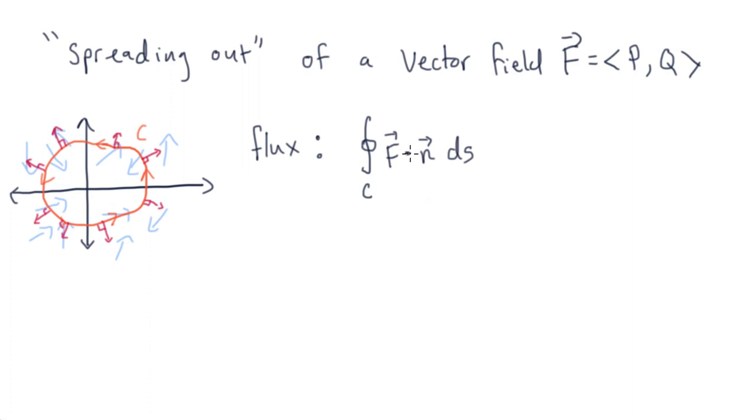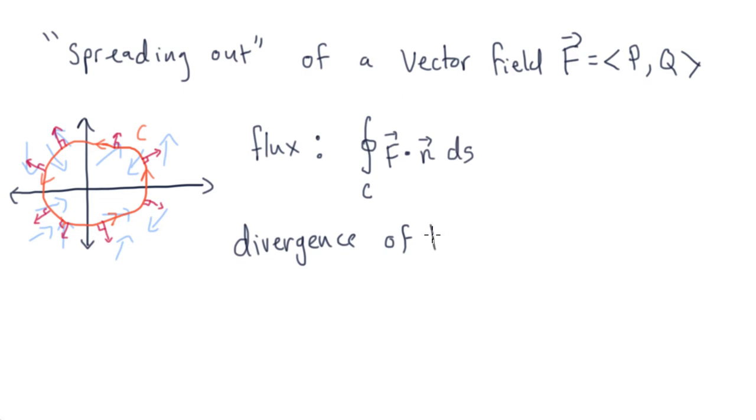Cool. And so what this is really measuring is how much of the vector field is spreading out, so that's why I use this term, spreading out, across the boundary of the curve. Cool. So just like with rotation, we had this idea of curl of a vector field that measured the rotation at a point. With spreading out, we have this idea of divergence